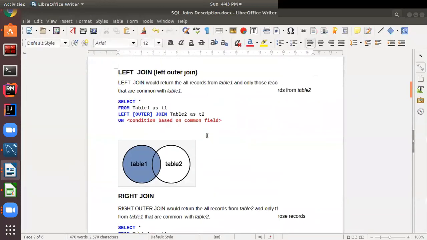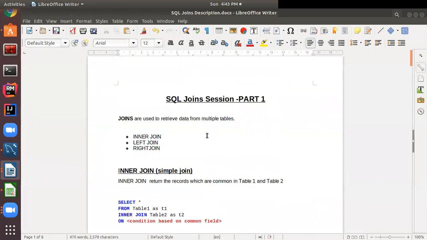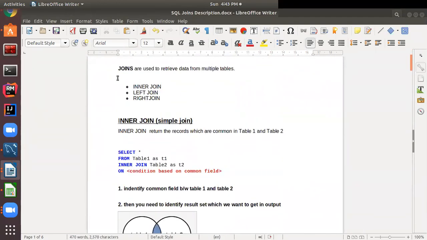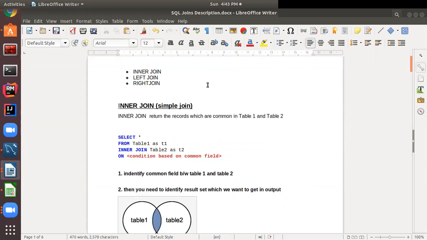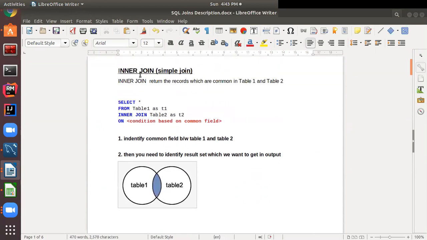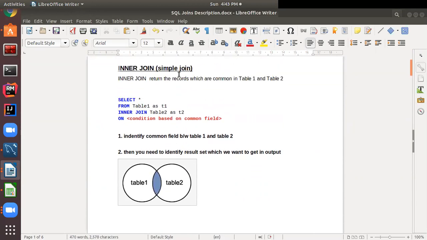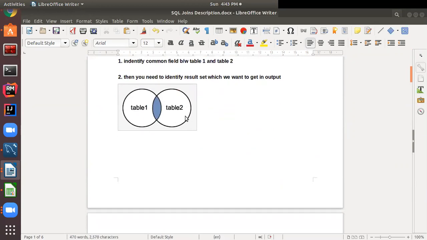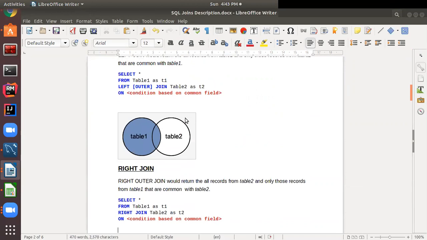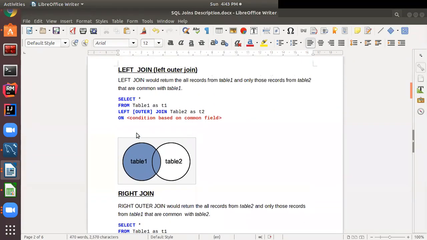So today we have done three types of joins, right? First of all, we discussed the advantage of join to retrieve partial data from multiple tables. Then we discussed inner join, also known as simple join, which fetches common information from two tables. Then we discussed left outer join.